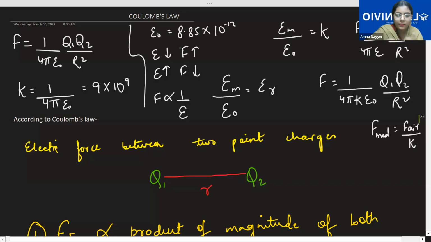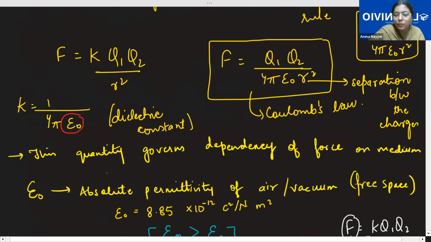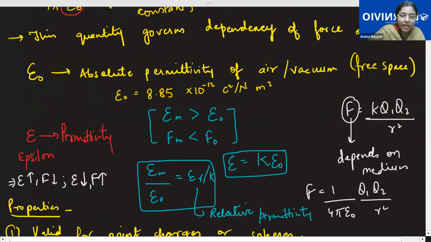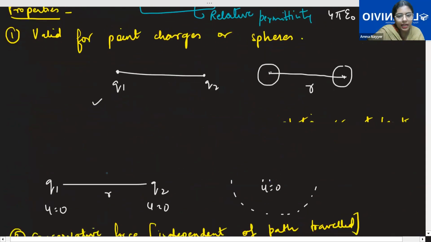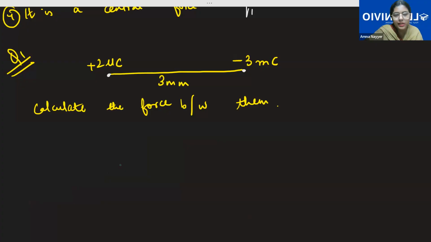Yes, ma'am. Okay. So in the last class, we were discussing Coulomb's law. Now we'll move on to the numericals part because in this chapter, more importantly, you have the numericals. Coulomb's law: F is equal to K Q1 Q2 by R square, where the value of K is 9 into 10 to the power 9. That is important. We didn't practice any question from this. So in today's class, mostly we have questions to practice, superposition principle and all.